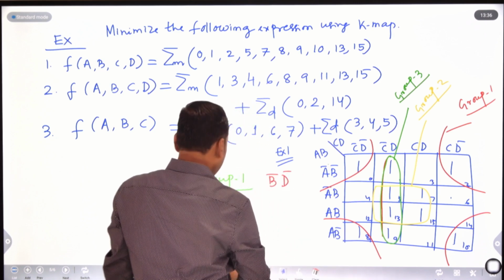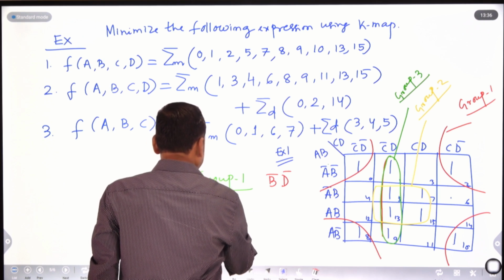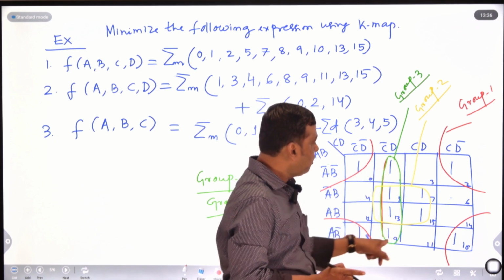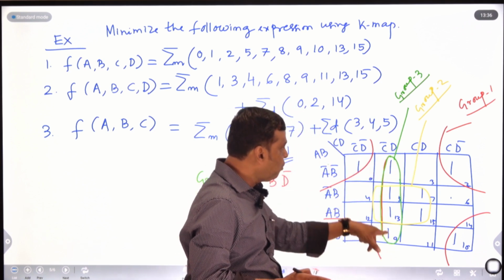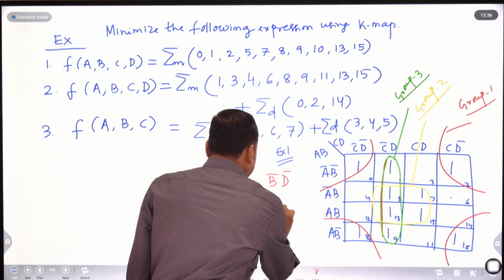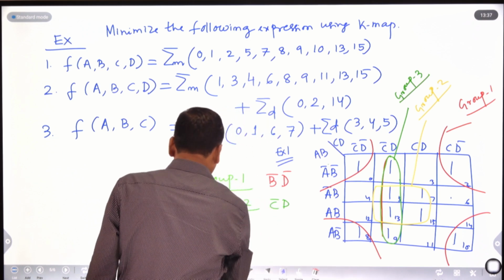Then come to group 2. Tell me, what is group 2? Here this is your group 2. C bar D is common. This is different. So group 2 gives you C bar D. Similarly, in group 3,